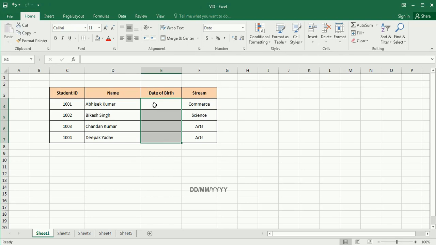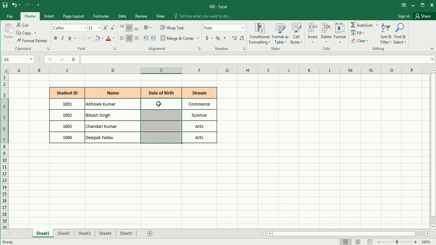It can be written as first date, then month, then year, or first month, then date, then year, or as month in alphabet and date and year in numeric. So how do we find out in which format the user or we should write the date of birth?